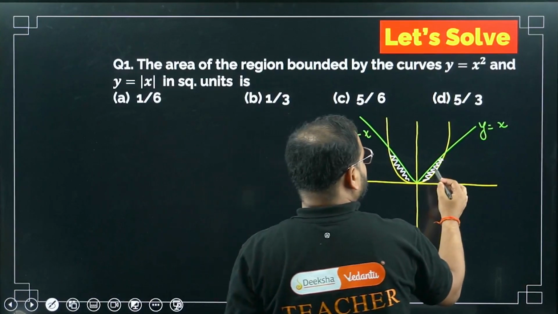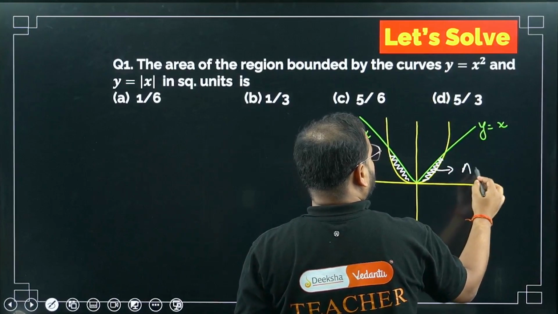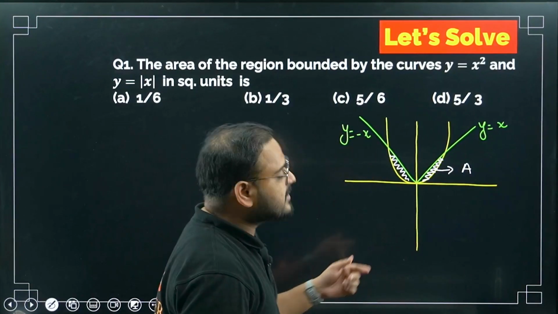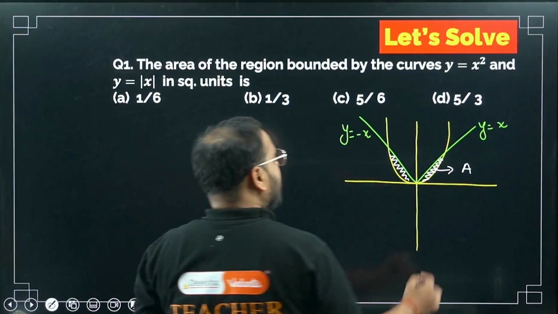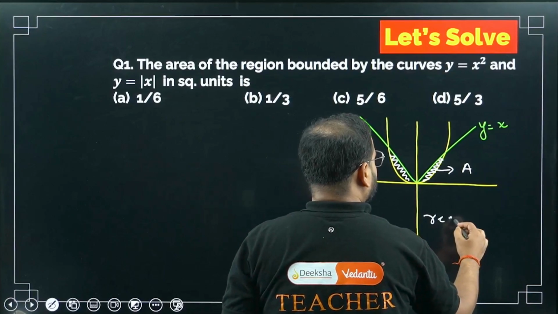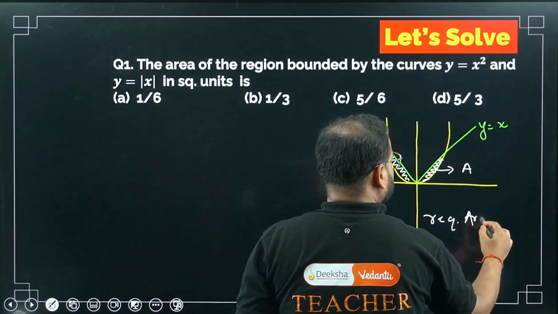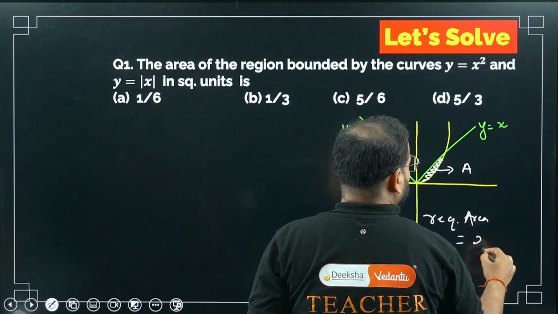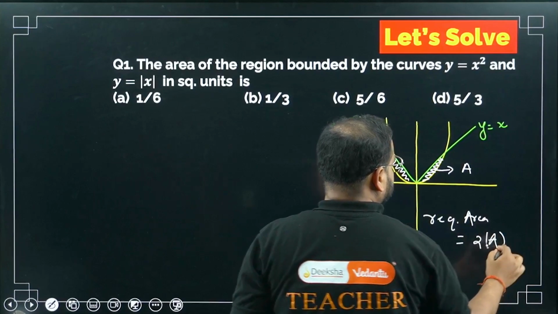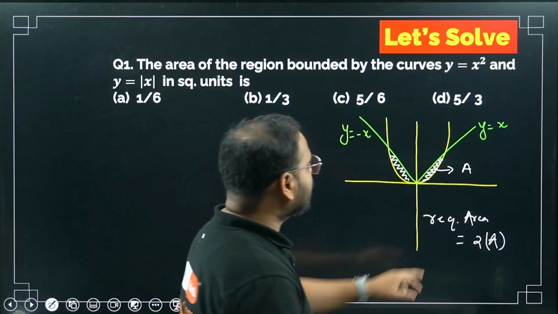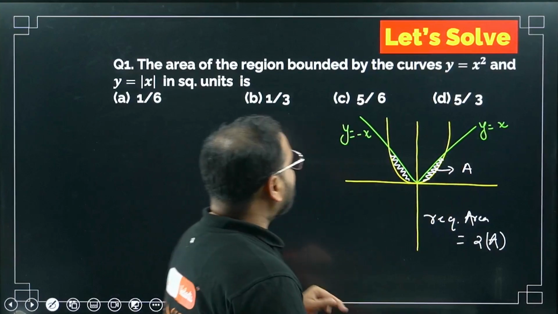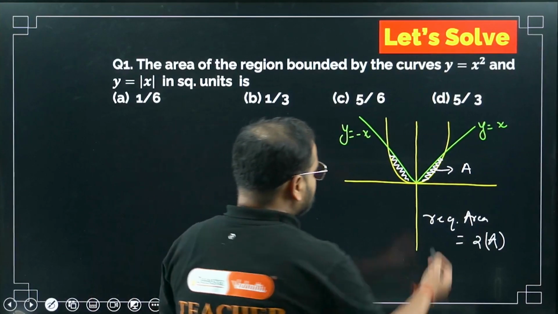So let's assume this area particularly to be A. How will I find this area? Using the integrals. Whatever the value of that area comes, my required area for the shaded region would be what? 2 times the area A. I hope there's no doubt in that. 2 times this area A. All right. So how to find this area A? If you check this out,